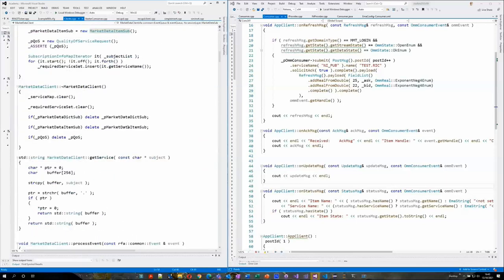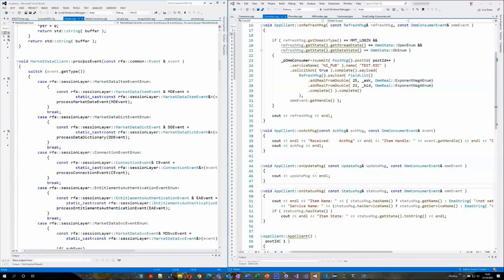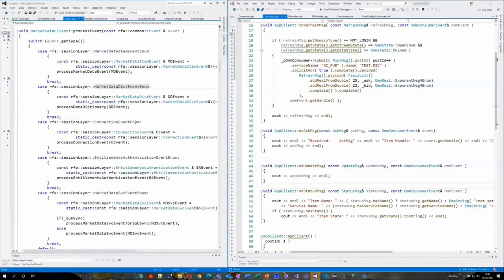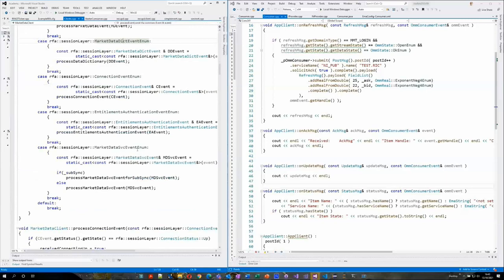I'm going to jump to the next key function you'd be interested in, which is process event. Because it's a callback class, as events get dispatched, whenever data or information arrives from the server, this is triggered. Then you have to look at the event to see what kind of event it is, whether it's a data event, a dictionary event, a connection event or a service event, and so on.